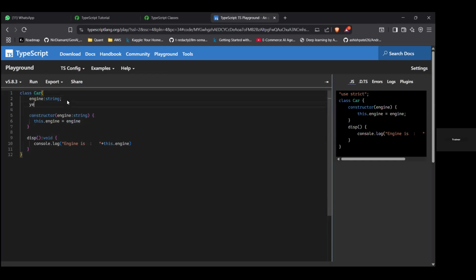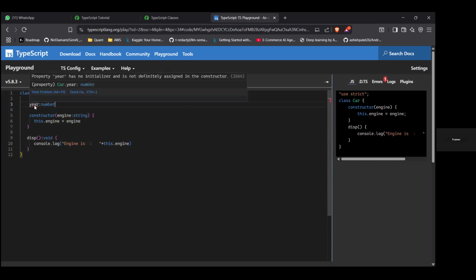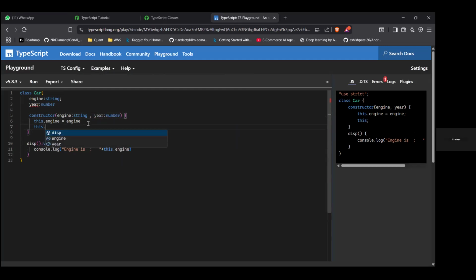Suppose I have here year for the car, and we will pass it as a number. If you see, this one is giving an error. Why is it giving an error? Because it is not initialized. So what does the constructor do? The constructor initializes. So we will have to pass it here with the type number, and here we will define it as this dot year. Got this? Yes. The this keyword is a bit complicated in JavaScript. This is used everywhere. Basically, this is used to target a property or field which is inside that particular